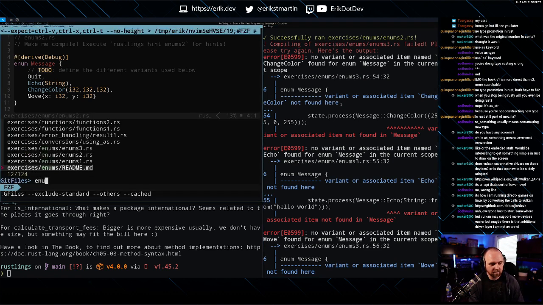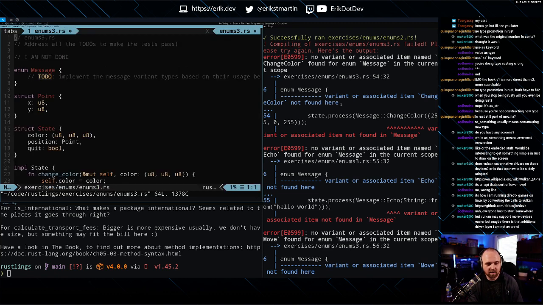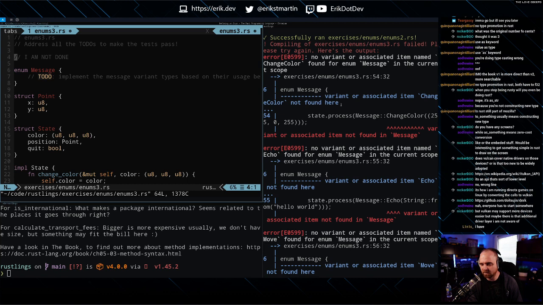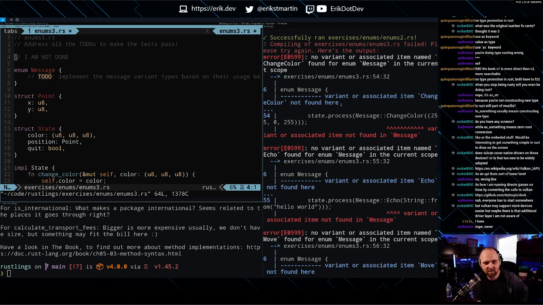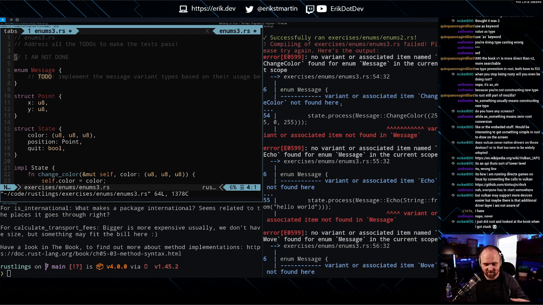Enums 3. Moving on. Has everybody here done Rustlings before? I'm really curious, especially like AOD and Rockerboo and a couple of the people I know here that are doing a lot more Rust than me. I'm just kind of curious where you learned it from. Just doing the Rust book and building stuff, or... I felt like Rustlings, because I know I've been through it before, might be a good way to just brush up on things that I learned and sort of forgot.